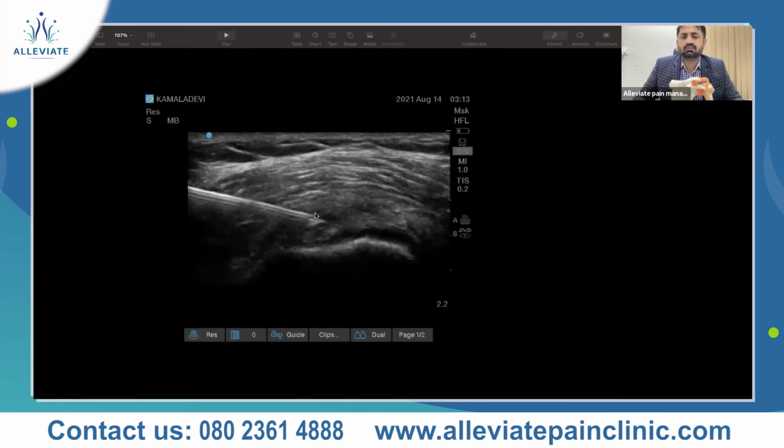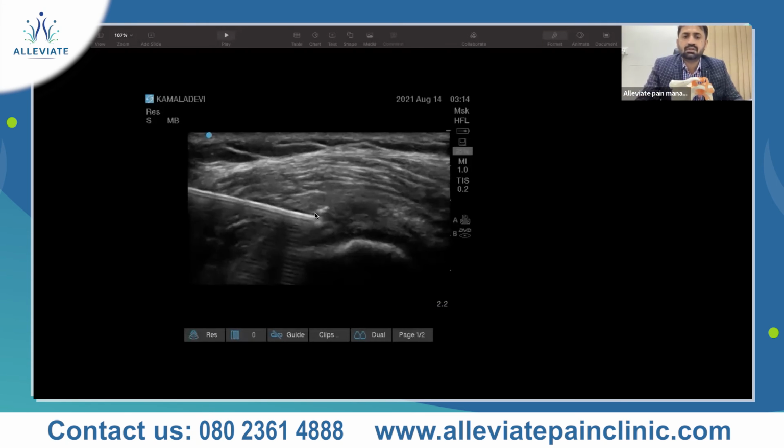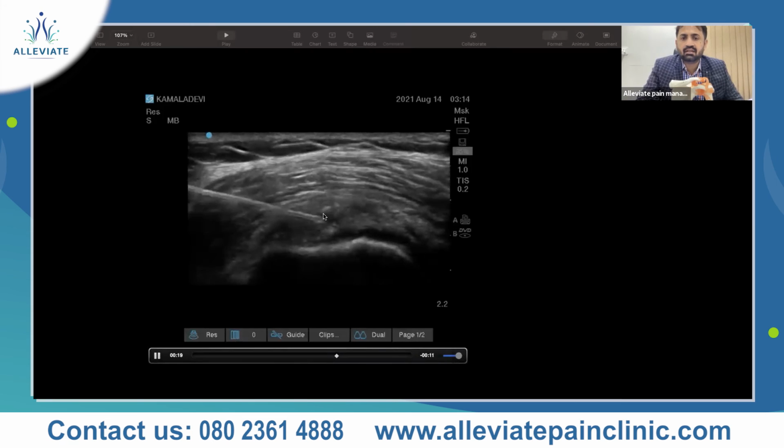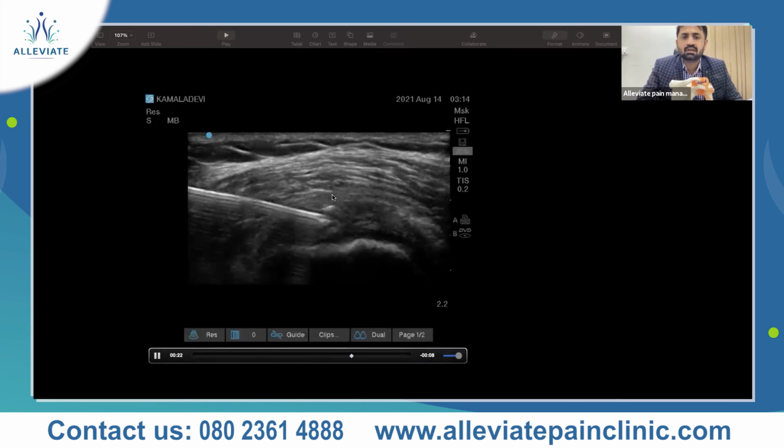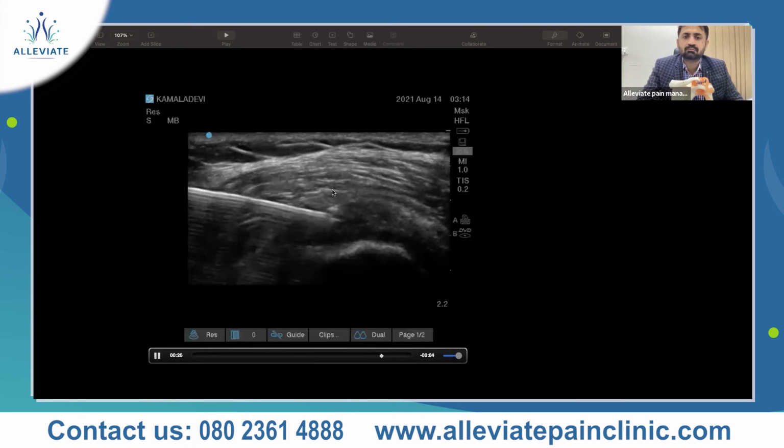I'll be showing you the ergonomics, and this is again in-plane needling. It is always better; the needle is visualized better. Go slow. Again, injecting too much into the tendon is not the point. Locate the area where it is, deposit, come out. If it is a bursal side tear, you can also deposit within the bursa in this case. And some dry needling can be done. Dry needling can also be done.